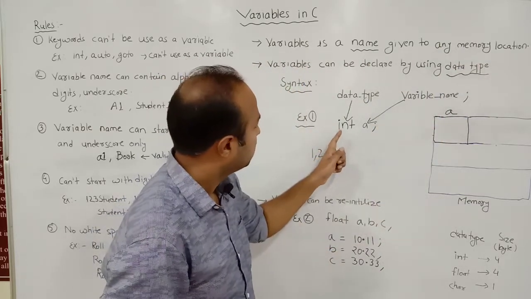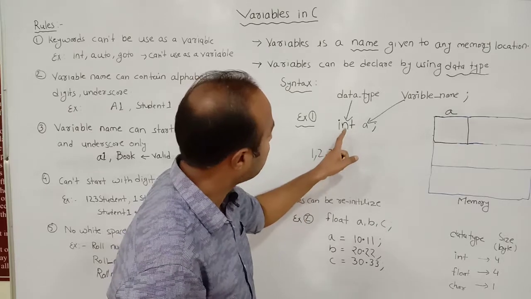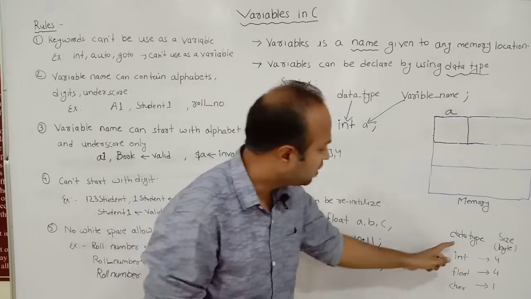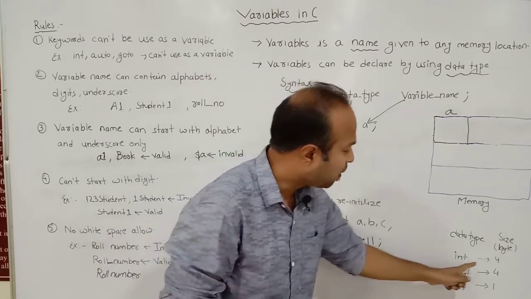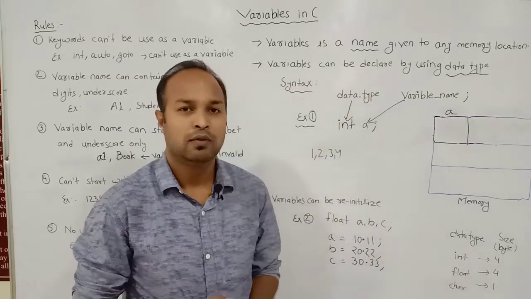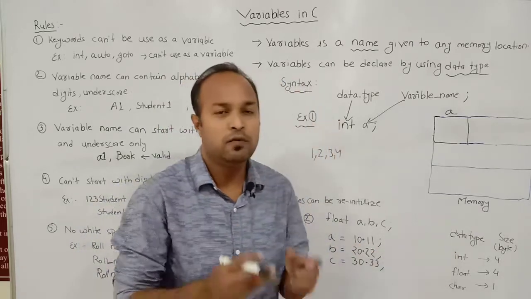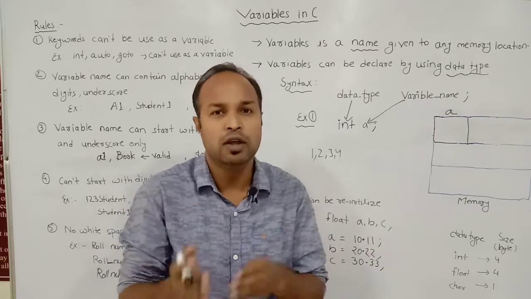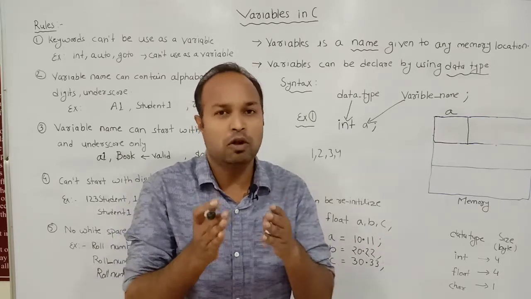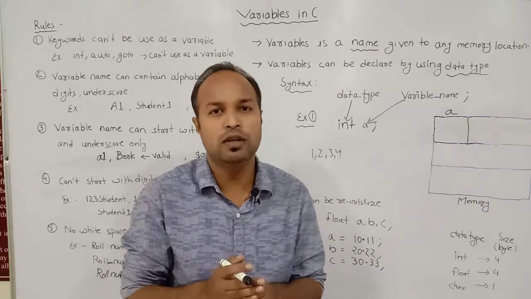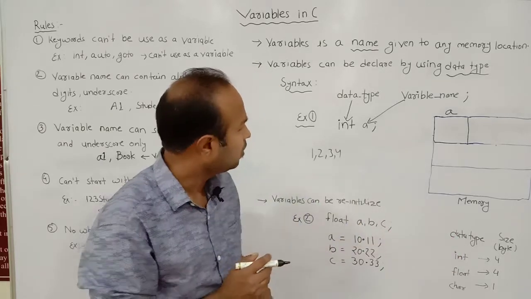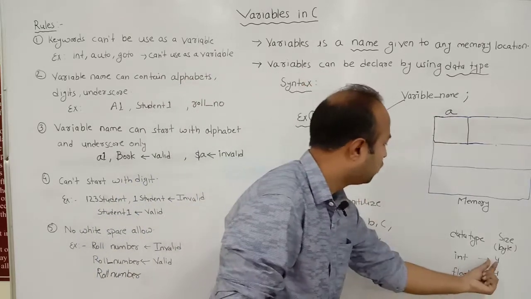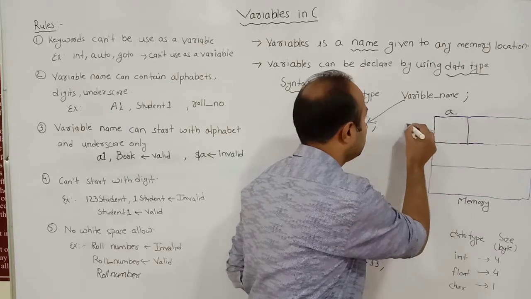And one more thing: what is the size of this block? This depends on the data type. Here we can see that integer data occupies 4 bytes. Friends, this size can vary if you are using different types of computers. For example, it can be different for a 32-bit computer, or for a 128-bit computer. So if we are using integer, the integer data size is 4 bytes, therefore the size of this block will be 4 bytes.